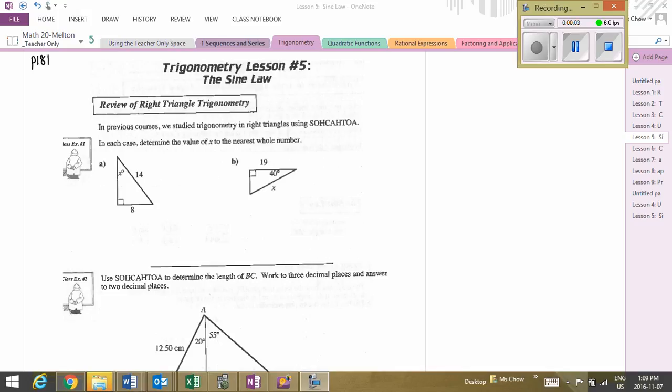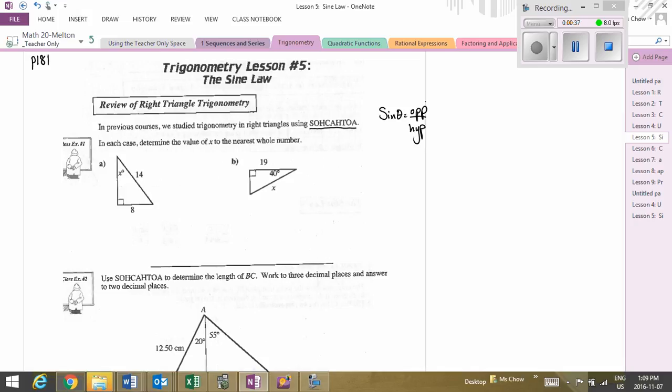So we are on page 181 in your workbooks, and we're going to look at the sine law. If you take a look, it starts by just reviewing our basic right triangle trigonometry. We've got our three basic trig ratios, which you often remember using SOHCAHTOA. Sine of theta is opposite over hypotenuse, cosine of theta is adjacent over hypotenuse, and tangent of theta is